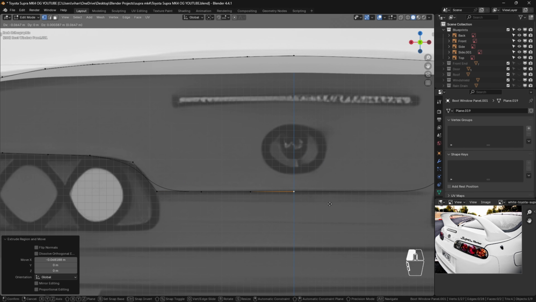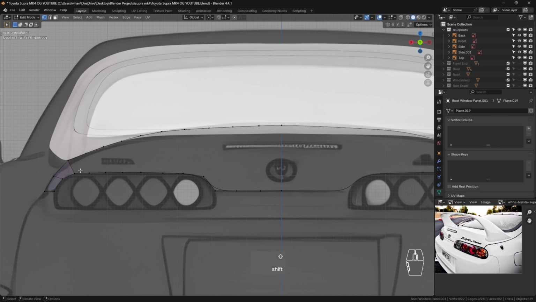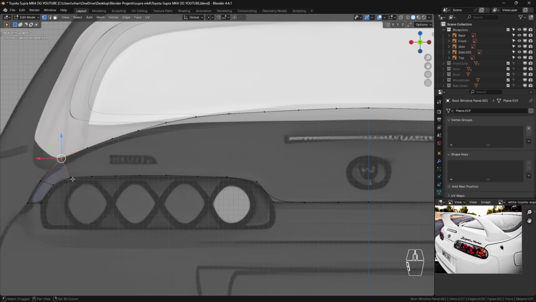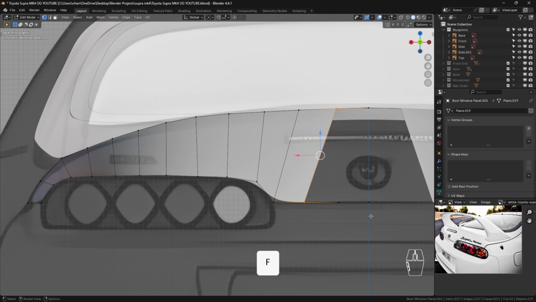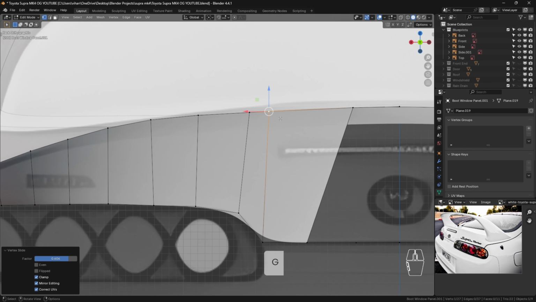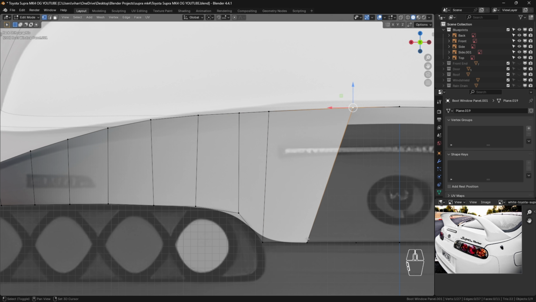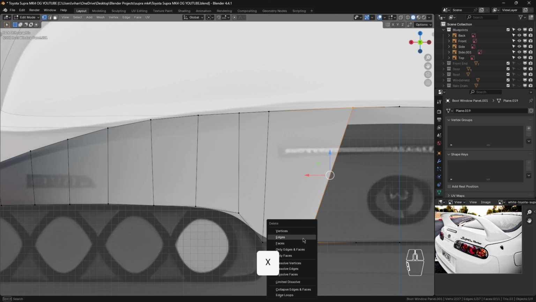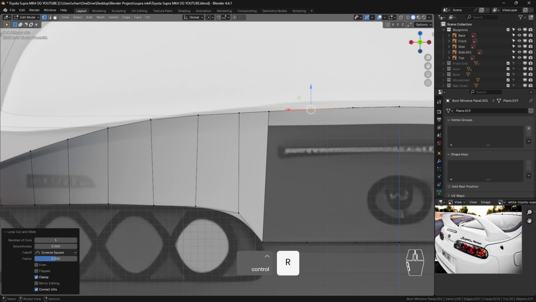And one at the very end there. Now let's just face that up, right? So we just need one more vertex right here. So here let's just select this one, G twice, right there, this one too, add another one. Let's just delete this edge right here, add another vertex right there,